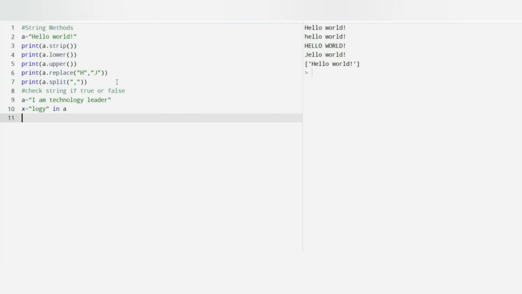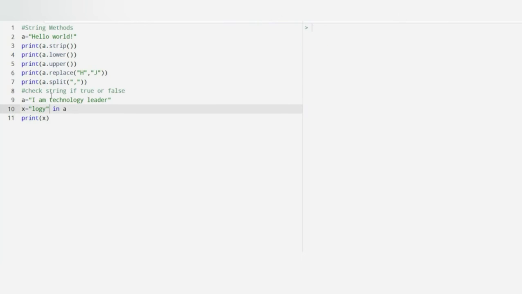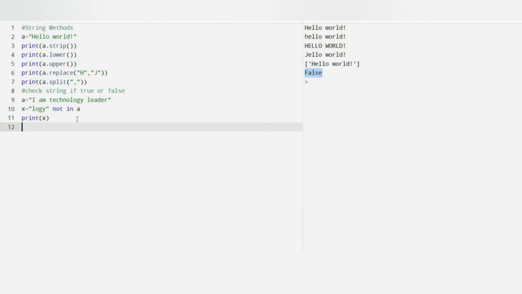Actually, a contains the word LOGY, so we need to print x. It returns true because the string a contains the word LOGY. If it does not contain it, it returns false. Okay, let me change it to not in a. It returns false because the letters LOGY are contained in a.